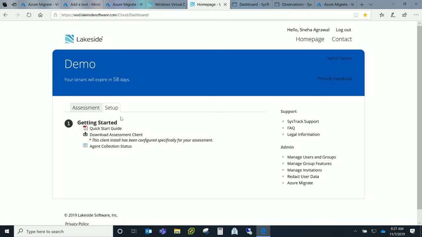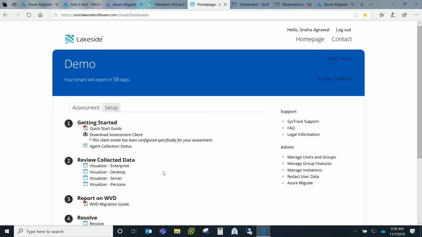They support a client for both Windows operating systems and Mac OSs. So you can download it from here. And you can use deployment tools like SCCM, Intune, et cetera, to deploy the agents on your virtual desktops. Once you do that, it will start profiling your virtual desktop. It will start collecting performance data about your users, about the applications that are being used, and you can then look at the reports that Lakeside offers.